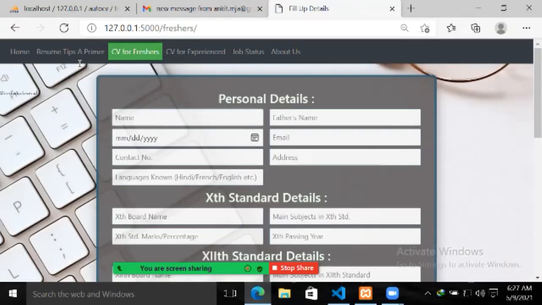And one more functionality which I have added is that whenever a user enters data in this form, it will get automatically stored in my database.